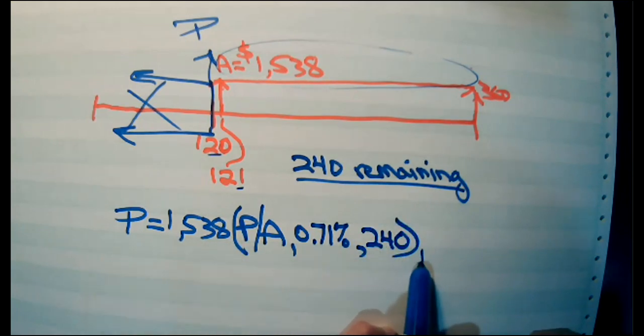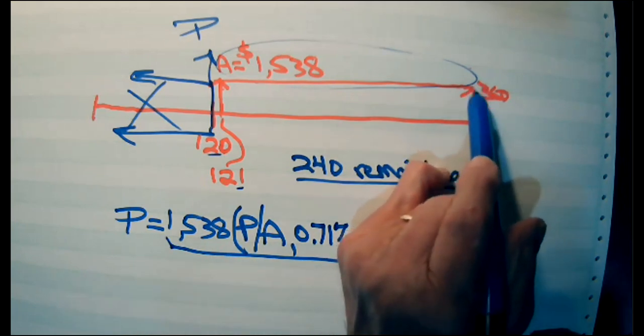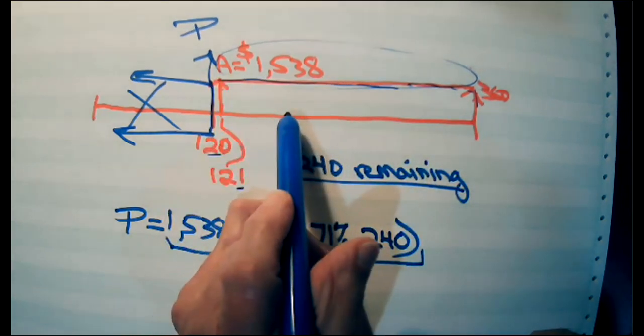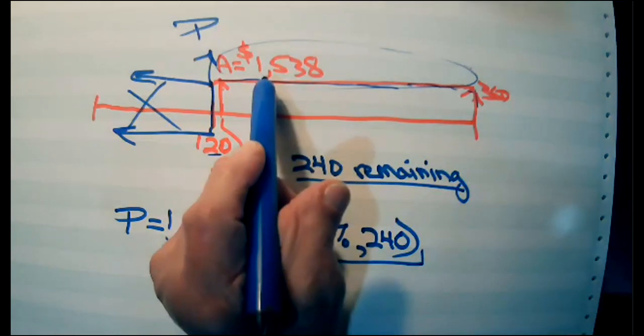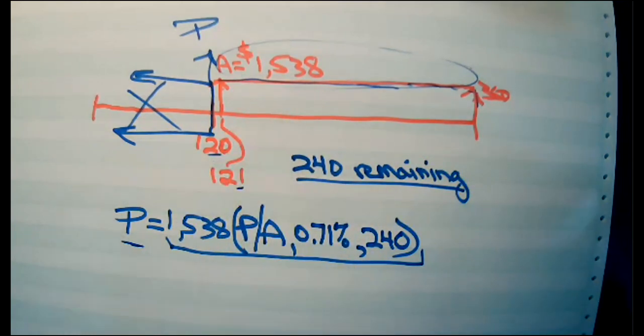This brings all of these 240 individual monthly cash flows of $1,538 back to the present, where the present, remember, relationship between P and A,